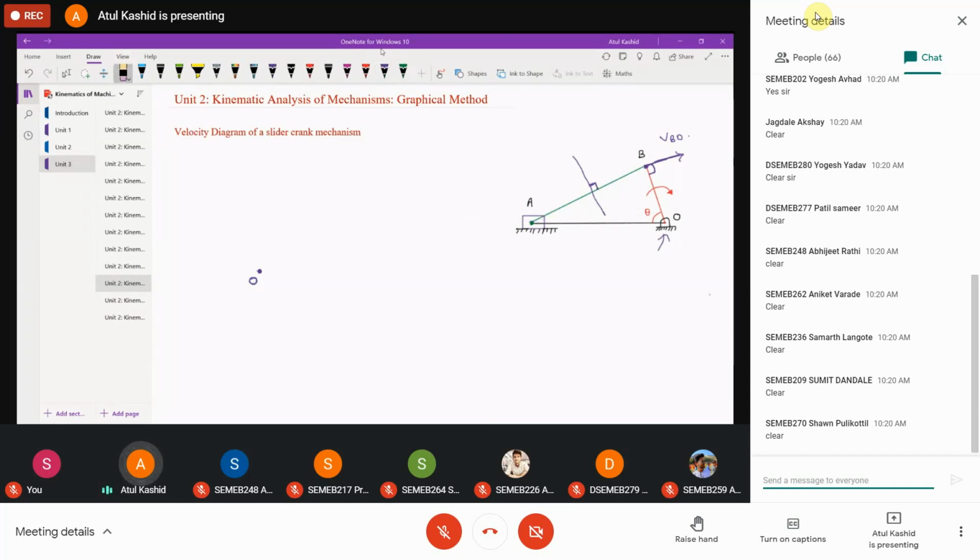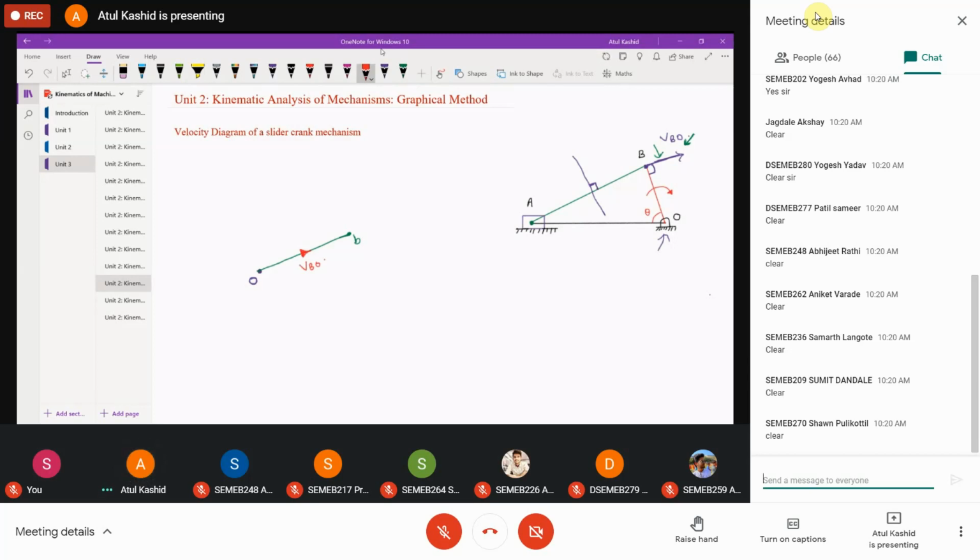Now we'll start with the velocity diagram. First, we'll draw the velocity of B with respect to O, because we know this in magnitude and direction. So we'll draw one line which is parallel to this. I will draw like this. Okay, so what is this? We'll represent it by B, right? And this is the arrow. Now we can see the pointer is towards B, so I can write this as B with respect to O, right? So I am finished with B now, right?